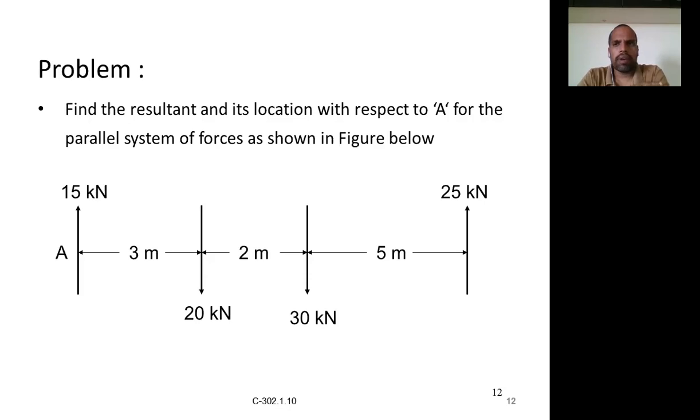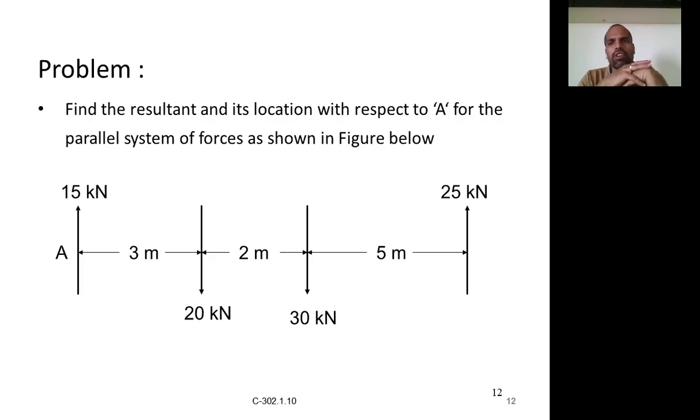Because they are parallel. Of course, plus and minus will need to be considered in different cases, but in the case of parallel forces and collinear forces, both are almost the same. While calculating the resultant, it will be adding the forces or calculating the difference of forces. It is nothing but the algebraic sum of the forces. That's all. The algebraic sum of the forces will give the resultant for parallel forces and collinear forces.